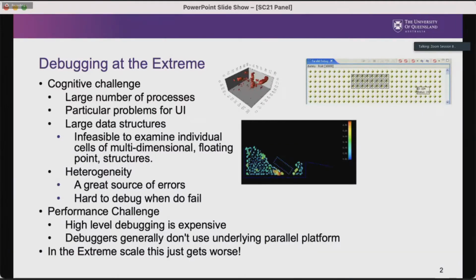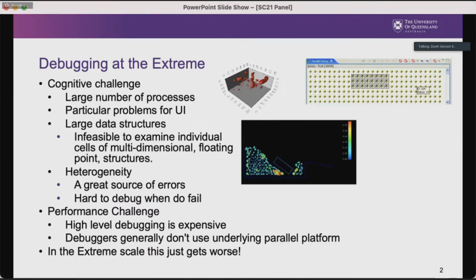I think there are two main challenges that jump right out when you're debugging at scale. One is what we're calling a cognitive challenge, and the other one is a performance challenge. I'm talking about debugging rather than performance profiling. The cognitive challenge comes about from the fact that there's just so much information at scale that you can no longer process it as a poor mortal. I'll show you some examples a bit later where previously the best case debugging is, well, print this thing out. And print clearly doesn't scale to the scale of problems and the scale of machines.